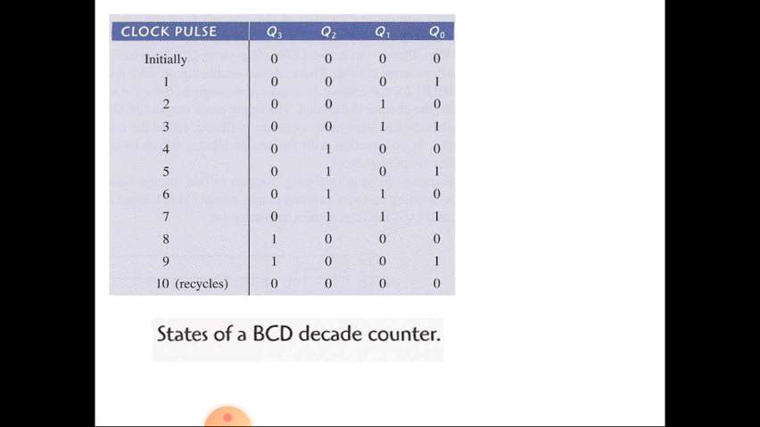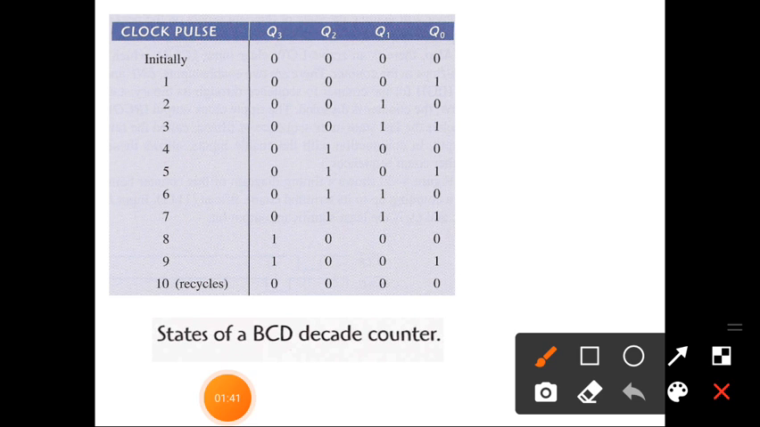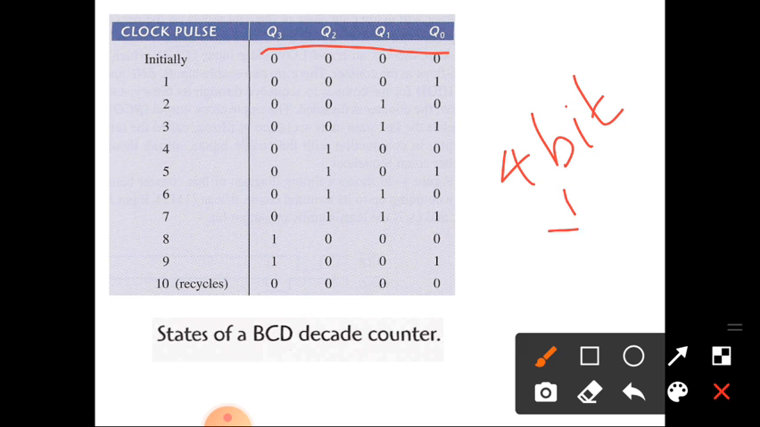So how to draw a logic diagram for a decade counter? We know that here there are 4 outputs, or it's a 4-bit synchronous counter. So how many flip-flops are required? There are 4 flip-flops required. Here we are using JK flip-flops. So first look at the